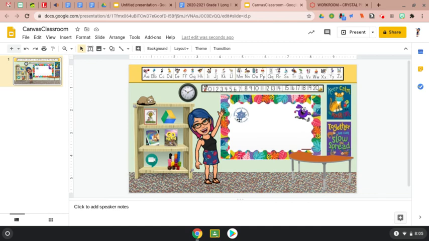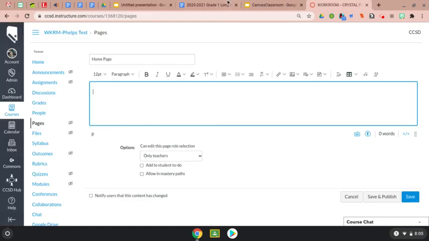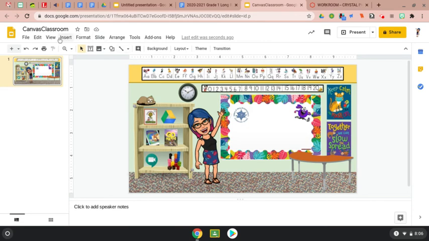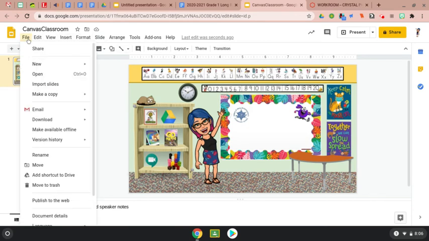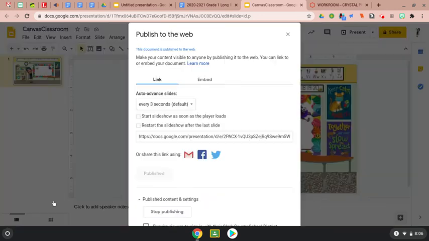And these links are all live. So in order for it to work within your Canvas classroom, what you're going to want to do is go to File, Publish to the Web, and then